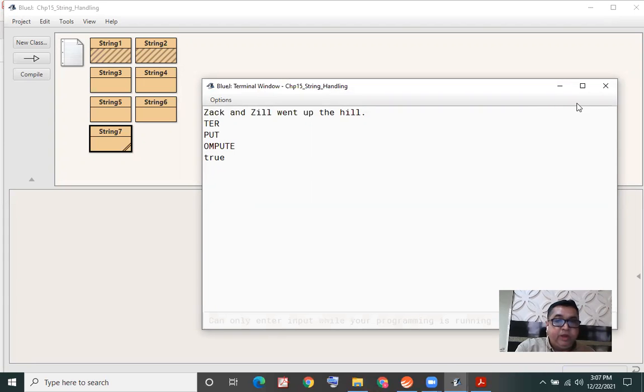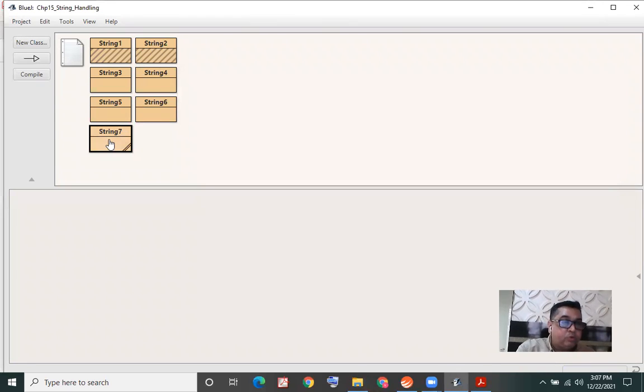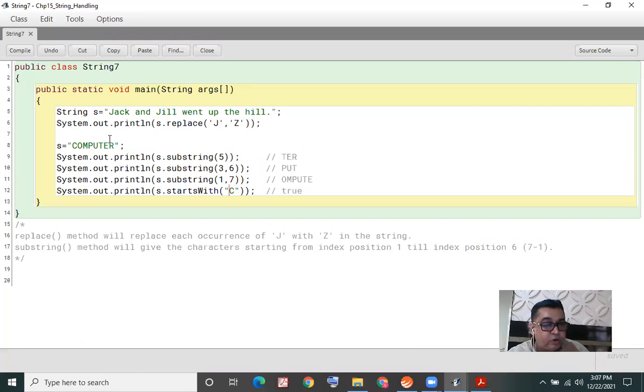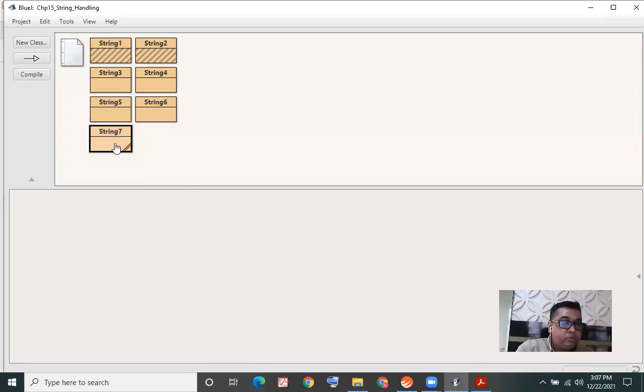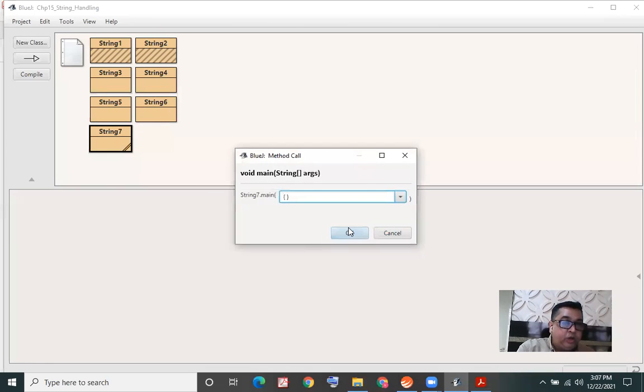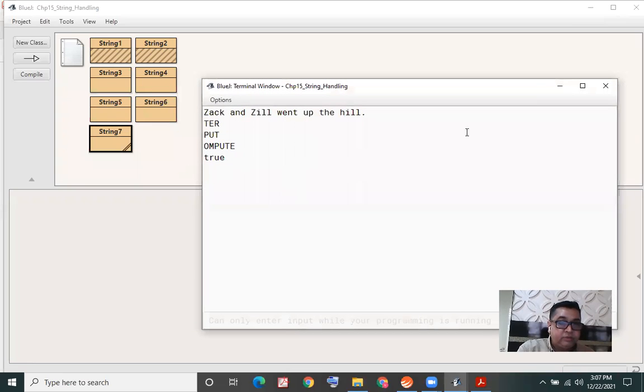Now, what does giving the character in double quotes mean? It actually means that you need not check whether it's starting with just one letter. You notice this time I'm saying startsWith COMP. So is my string S starting with COMP, the first four letters being COMP? Yes, we can do so in case of startsWith. This time also we're going to get true. So I'm actually looking for the first four letters.